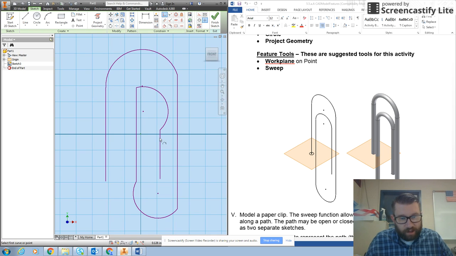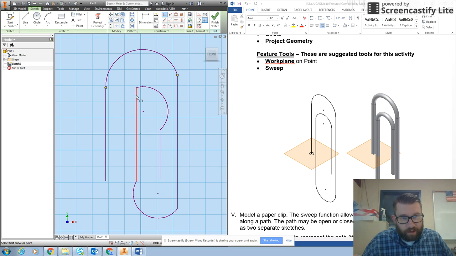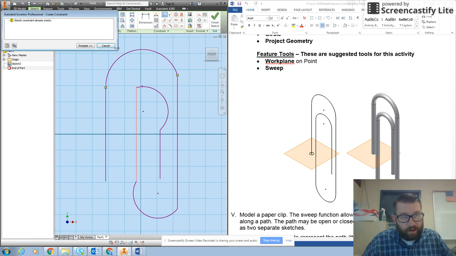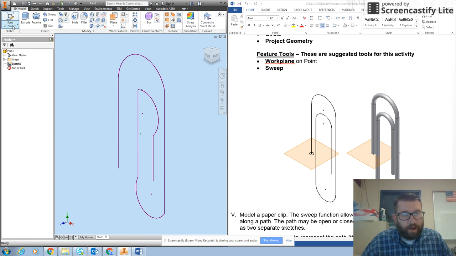Now the next thing I have to check is I have to check to make sure I have yellow dots at all my points. So I'm going to go to show constraints, and notice I only have 2 yellow dots. So I'm going to use the coincident tool, grab a point, says sketch constraint already exists. So I'm going to do that, and that sketch constraint already exists. So you got to be kind of careful about how you do your lines, but I think here we're good to go. So I'm going to finish my sketch,